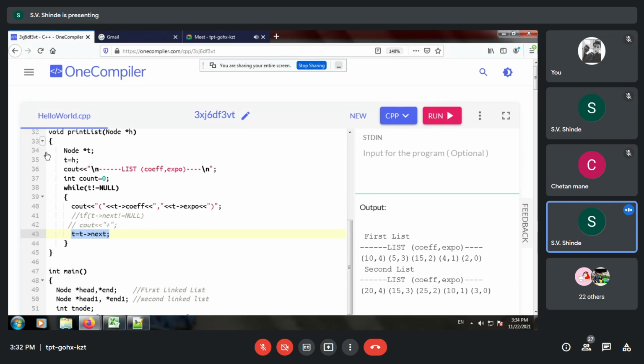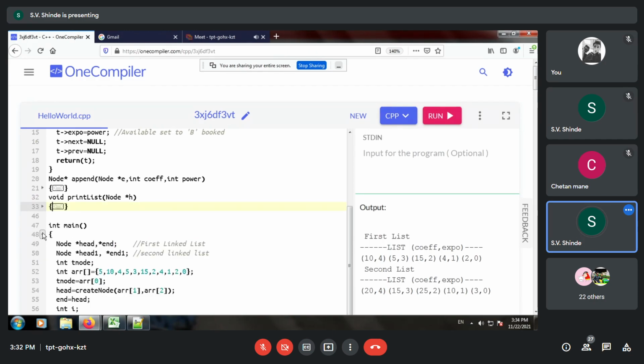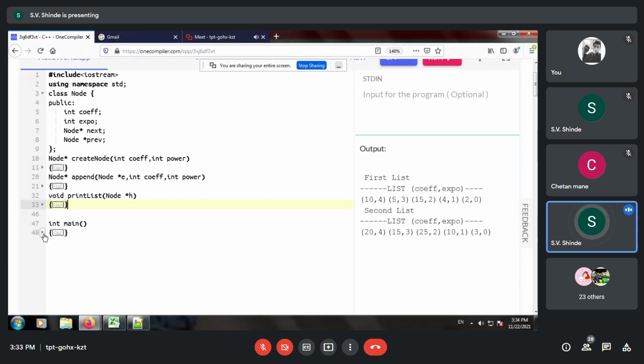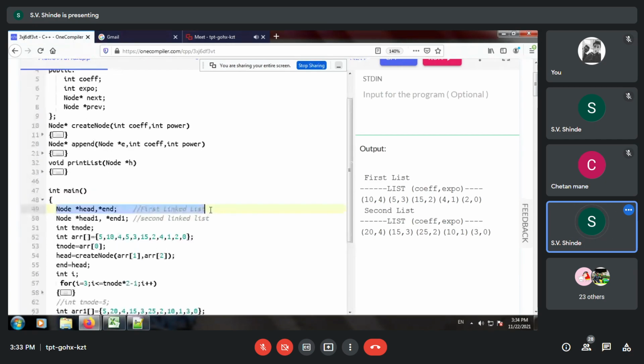Now we have the three functions. You remember that we have written these three functions. One is the create node, second is the append node, and third is print node, that is print list. Now our main function will utilize these three functions to create multi-list. So let us say we have list one with at least two parameters.